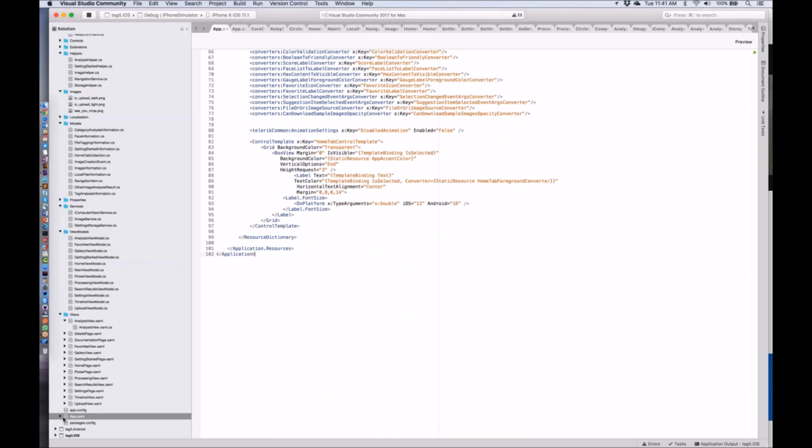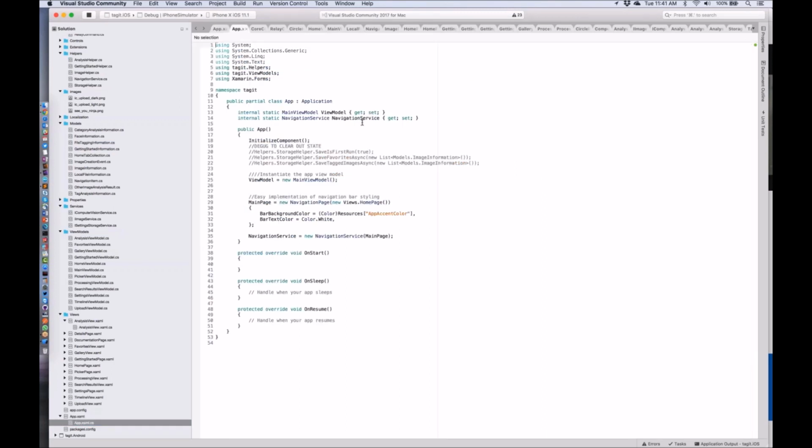And then if you look at what the app XAML.cs does, we'll dive into what the initial navigation is. It says, hey, I'm going to use this main view model here, and then I'm going to new up this navigation service, right? So the main page is our home page, and from there on, it's going to be view model to view model navigation. So if you look at what the home page view model does,